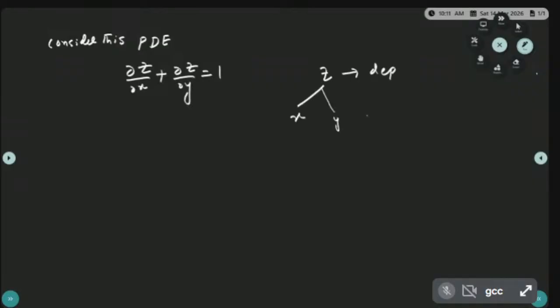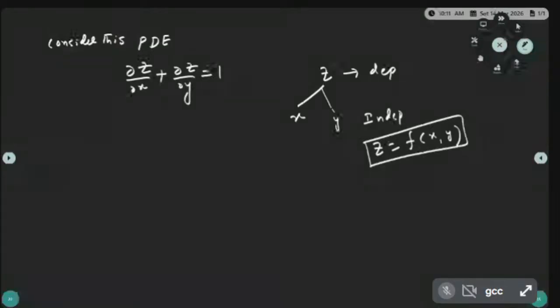X comma y are independent and z is a function of x and y. Z is related to x and z is also related to y. Have you understood this? Note that. Z is related to x, z is related to y. Then z is depending on